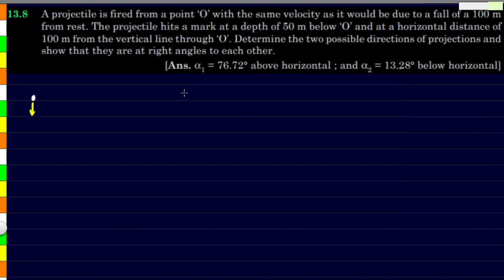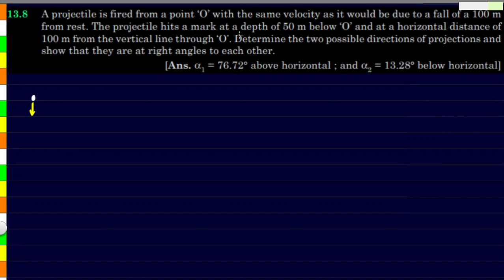Namaste everyone. In this problem we are going to solve a problem on kinematics, especially related to curvilinear motion. So we have been given a question here like this. There is a projectile, which means an object moving under the effect of gravity, and it is fired from a point O with the same velocity as it would